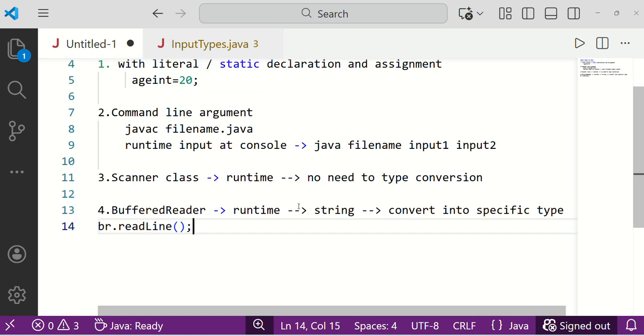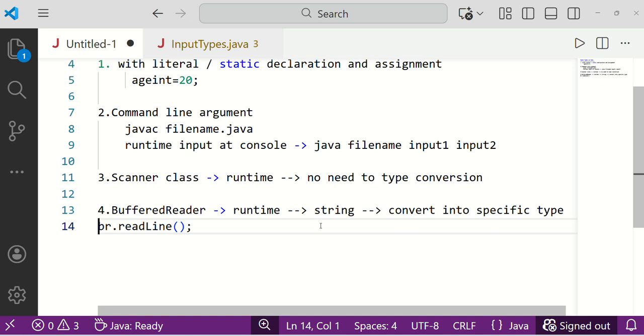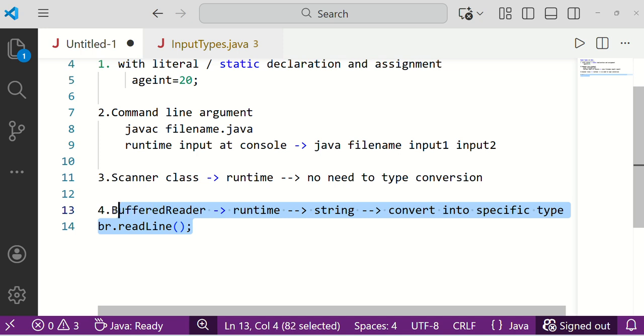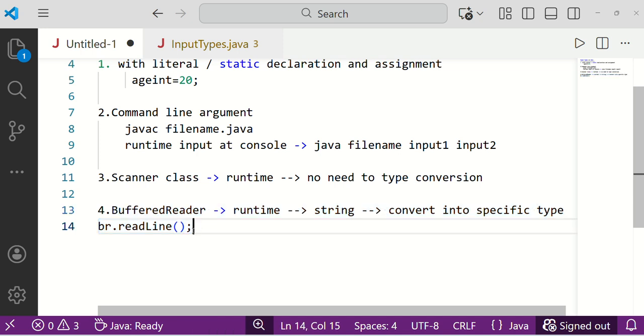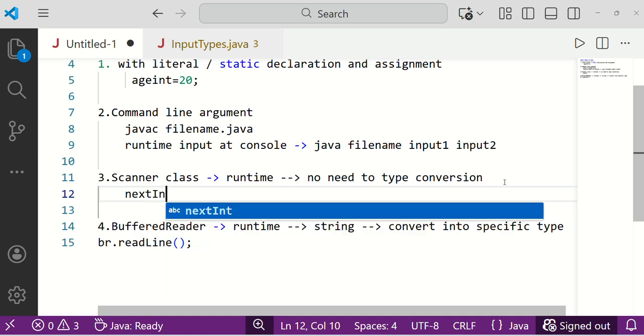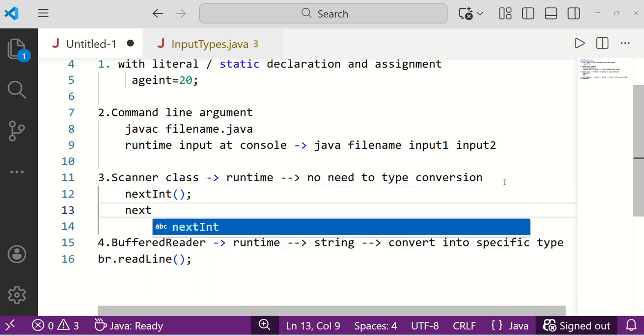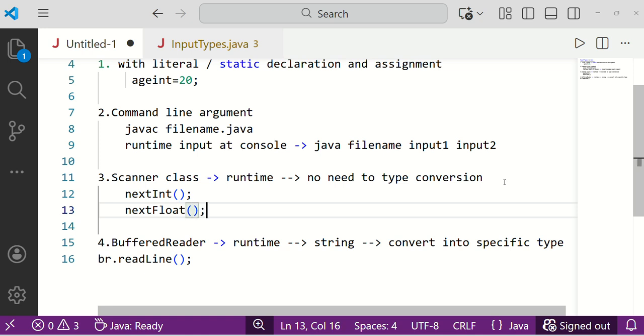Now, coming to real-time applications, real-time programs, most of the programmers are using the Scanner class only. Why? Because with the program we have done, BufferedReader takes everything as a string. If you want to work with floating point, double, integer, then you have to convert into the specific type. But in the Scanner class, no need to convert. By default, it will provide nextInt, next float, fine,